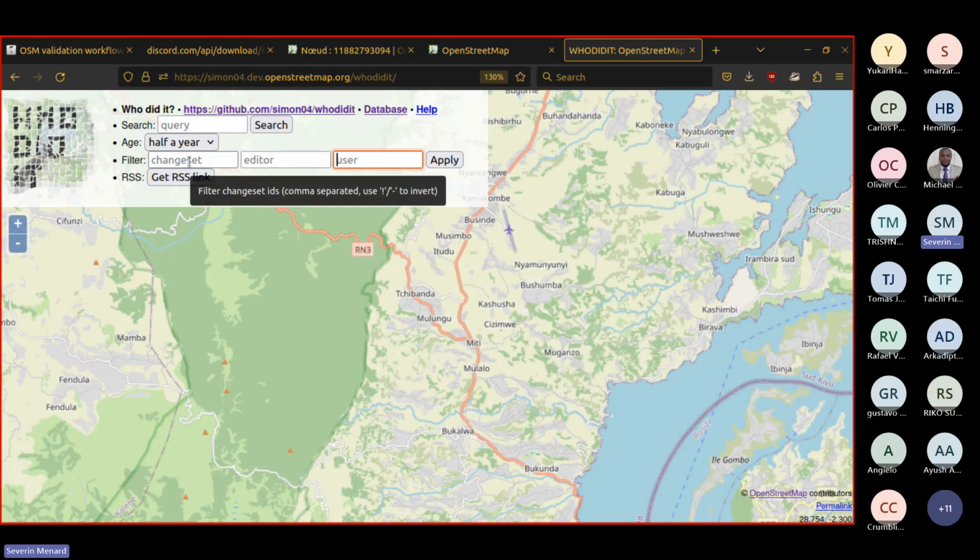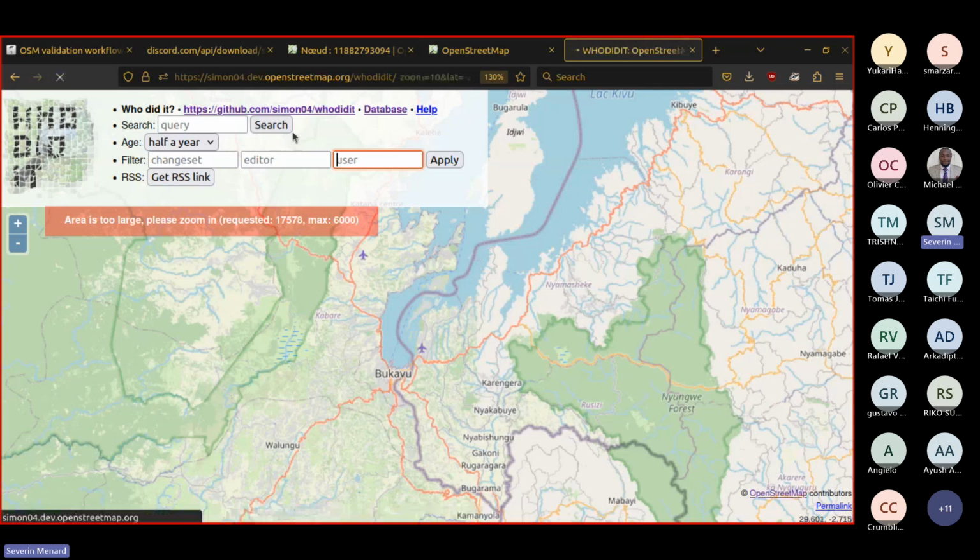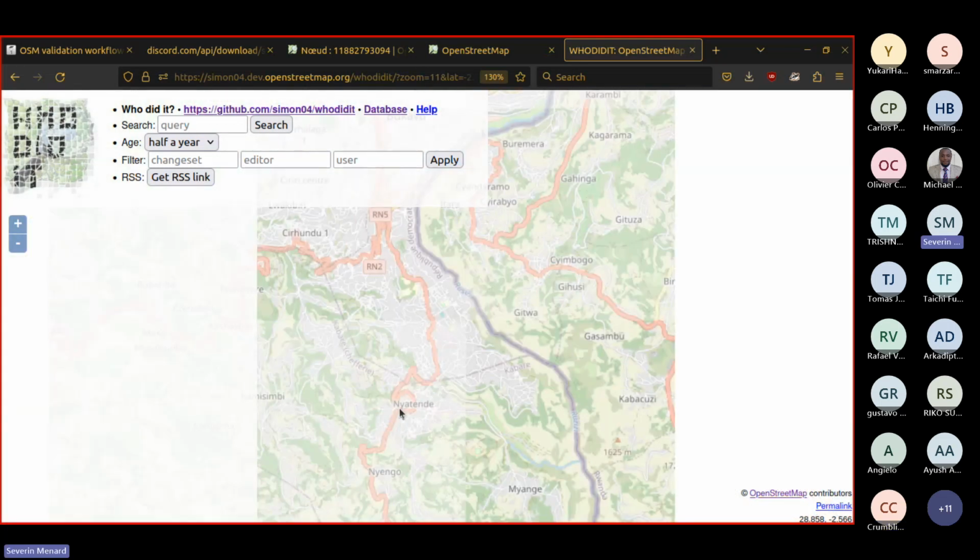Supposedly, when you zoom in from a certain zoom level, yes, this one is too large. That's if you put the permalink, zoom 10 should appear.